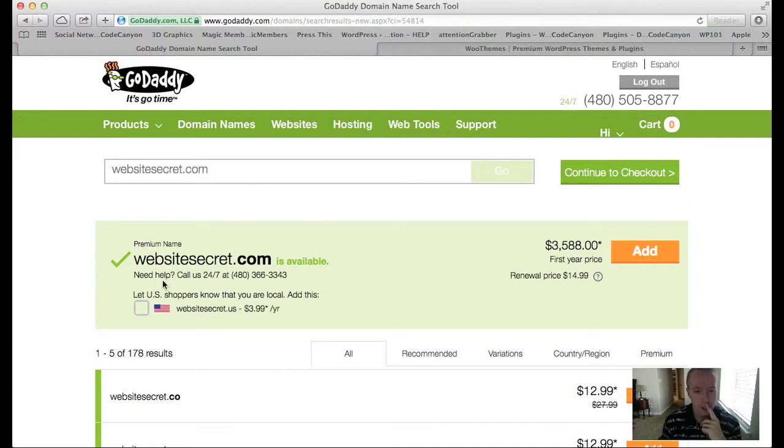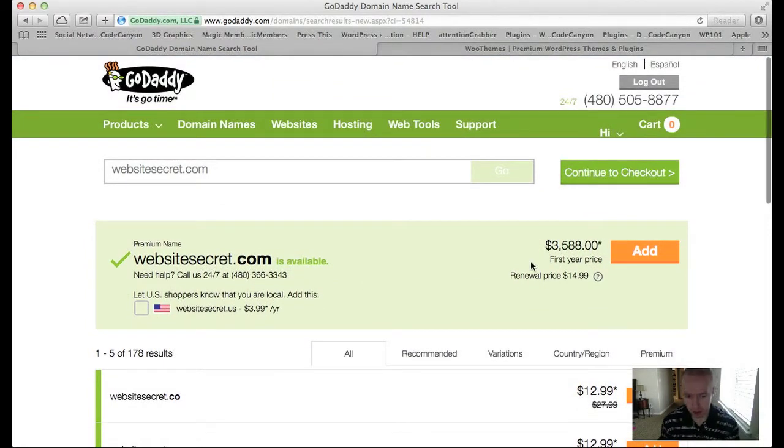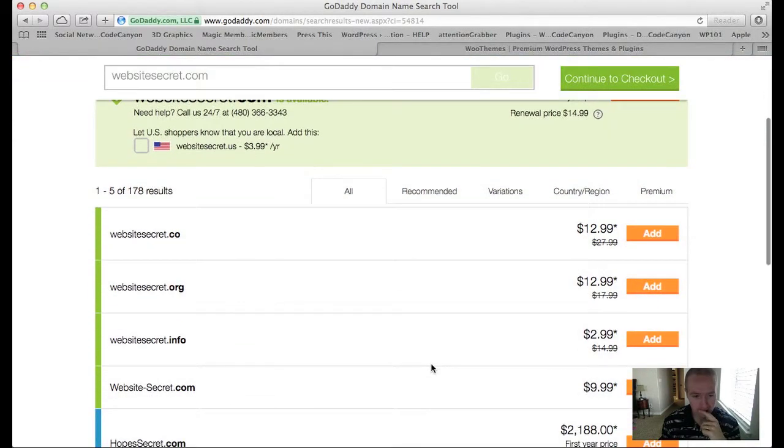As we set this up today, you'll see here it brings up a whole list of all sorts of domains. It's trying to sell me this premium domain at $3,500. I think we'll probably skip that for today. But the key to this is to go down and not necessarily pick the .com or the .co.uk, but look for other domain names which are just as well known, things like .org or .biz, or this one which jumps out, websitesecret.info, only